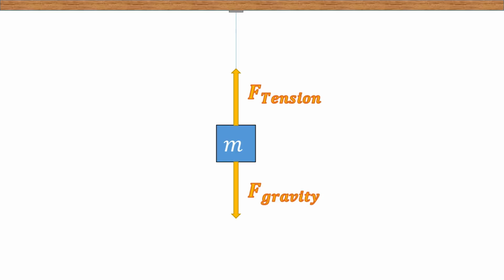The force of gravity is also known as weight, so we might abbreviate these forces as T for tension and W for weight. To draw a free body diagram of the object, we simply show a small dot representing the mass and draw the forces in as arrows that originate on the dot. This makes it easy to see the forces in relation to each other and allows for a quick and easy